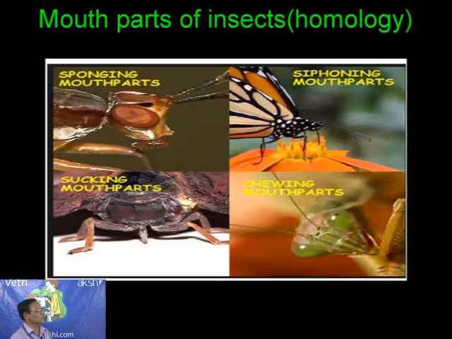Now here are given colorful structures, representing the previous one. Now the sponging mouth parts, then the siphoning mouth parts in the case of the butterfly, and sucking mouth parts, even in the case of the bedbug, injecting its needle-like structure and sucking, and chewing type of mouth parts. What is given in the figure is an insect, the praying mantis, similar to the cockroach in its resemblances. So these are different photographs showing how far homology occurs in different groups of organisms.